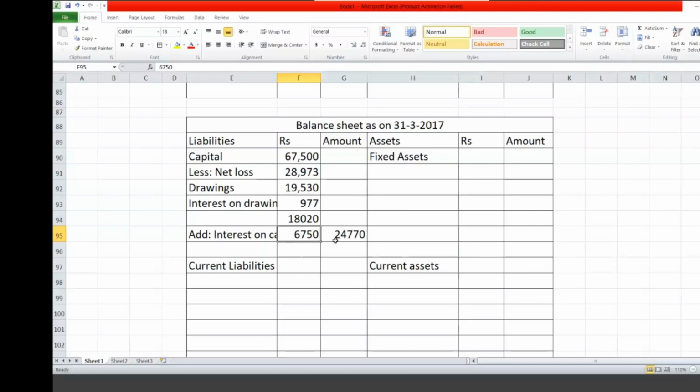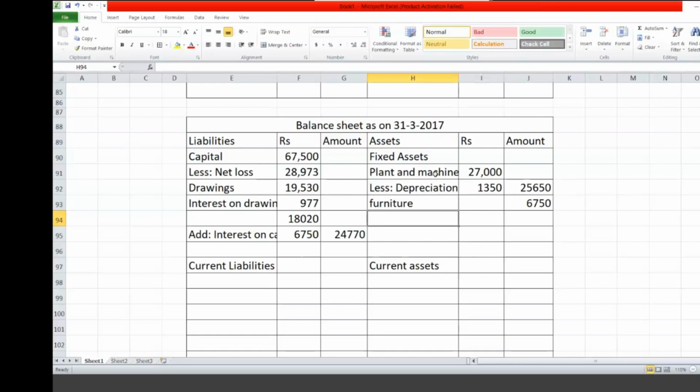Drawings done, purchases done, salary done, wages done, plant and machinery 27,000. So write down plant and machinery. What is the amount? 27,000. From this less depreciation. What is the amount of depreciation? 1,350. Then the balance 27,000 minus 1,350 is 25,650. Next you have furniture 6,750. Any adjustment on furniture? There is no adjustment on furniture. 6,750 directly.